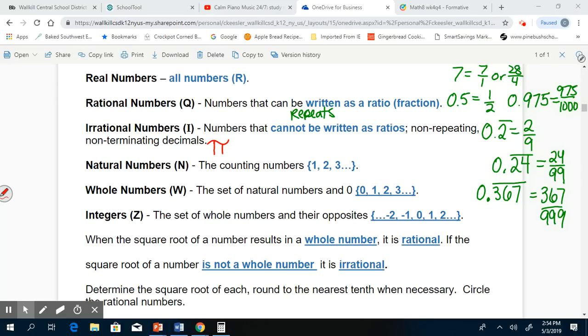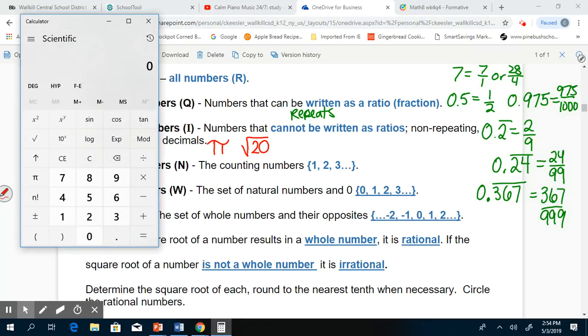Other common irrational numbers are the square roots of numbers that are not perfect squares. So for example, the square root of 20 is, if I use my calculator, 20 and then square root, I get 4.472135595, and it keeps on going. And in that whole long string of numbers, we do not see a pattern. Therefore, it's irrational. Or square root of 5. So if I do 5 and square root, I get, again, a long string of numbers without a pattern,